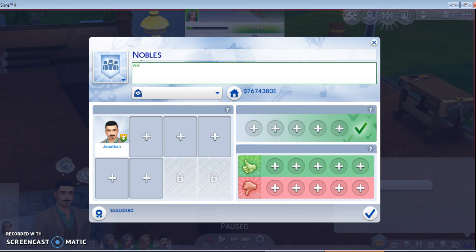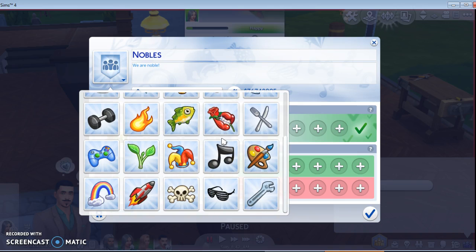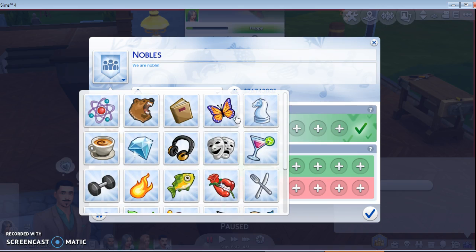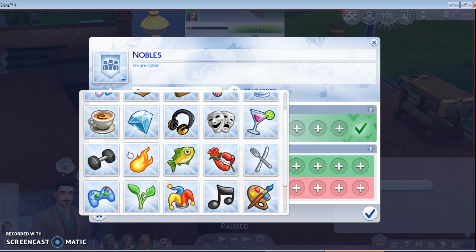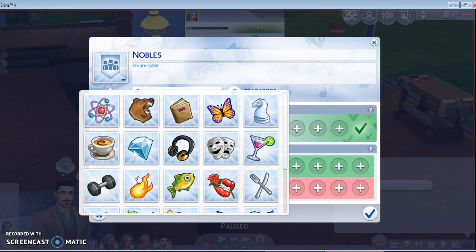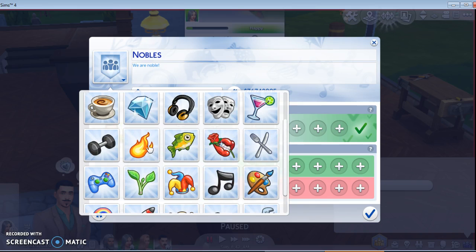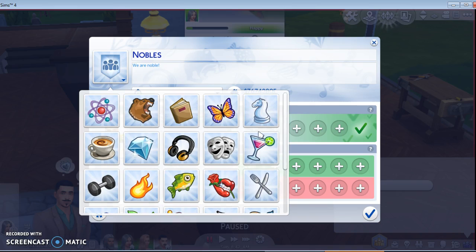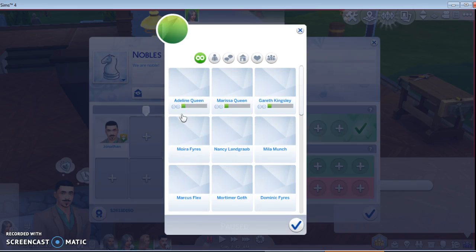So we are noble. And what sign should we give them? What seems kind of noble to you? Must be something noble. I guess we could do whites, because they are supposed to be like a noble group. Or we could do... I can't think of something noble out of these. How about we just do this chess piece? Yeah, the chess piece. Because chess is kind of like castles and stuff, so...